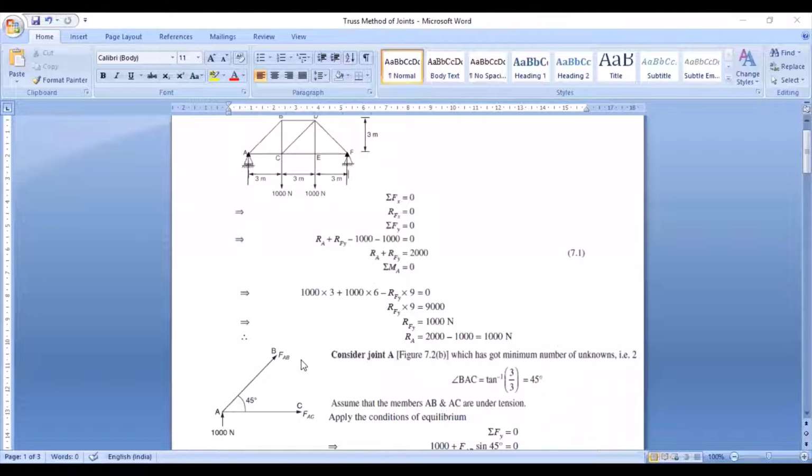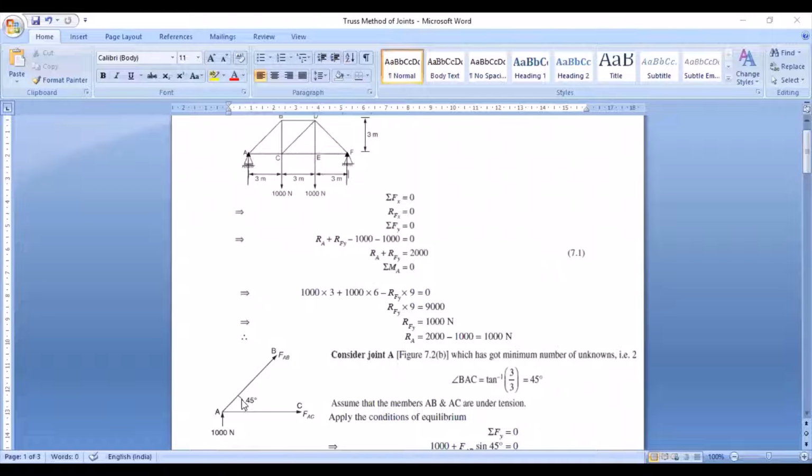Now here, we had some assumptions made while studying introduction to trusses, that all the directions of member forces are to be assumed. Once the directions are assumed, if you get the answer with positive sign, it means the direction is right. If you get it with negative sign, the direction is to be changed. So here I've just assumed the direction of these two members to be acting outwards.